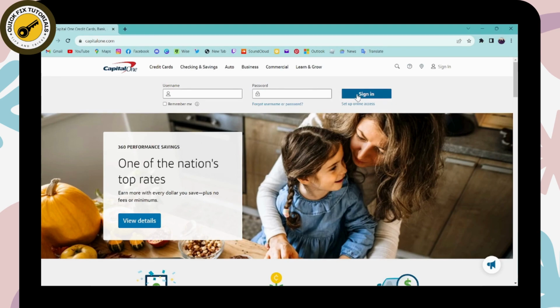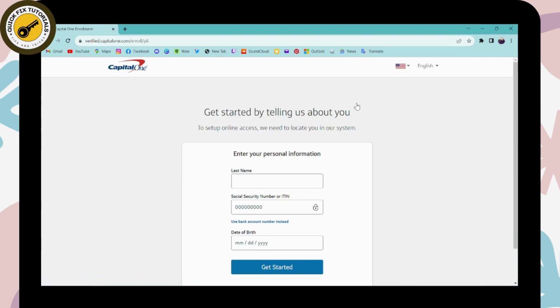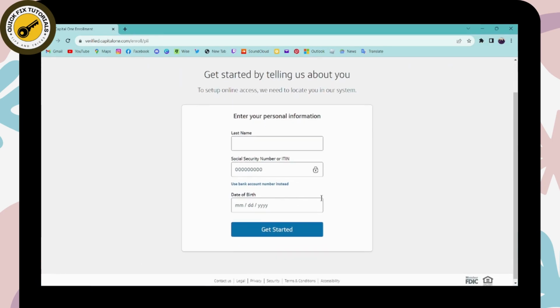But if you want to create an account, then you can go for set up online access, and here if you want to set up your online access, then first you have to enter your last name, and then you have to enter your social security number or your ITIN number, and on the last blank you have to enter your date of birth, or instead of this social security number you can also use your bank account number instead of that. And after that you can simply click on get started,